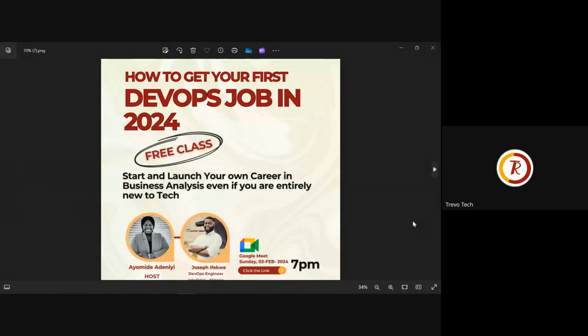So once you click there, you can go to DevOps. You can see the curriculum for DevOps on the website, and it will let you know if you will get value for your money or not. We are not an organization or an academy that will lie to you, saying, okay, come, we're not going to give you a curriculum, just come in, anything you see, your money has gone. No, you will see an extensive curriculum that will let you know if you will get value or not. So after seeing the curriculum, after this free class, you can decide whether you think, to be candid, you will get value or not, right? So that's what I would say.